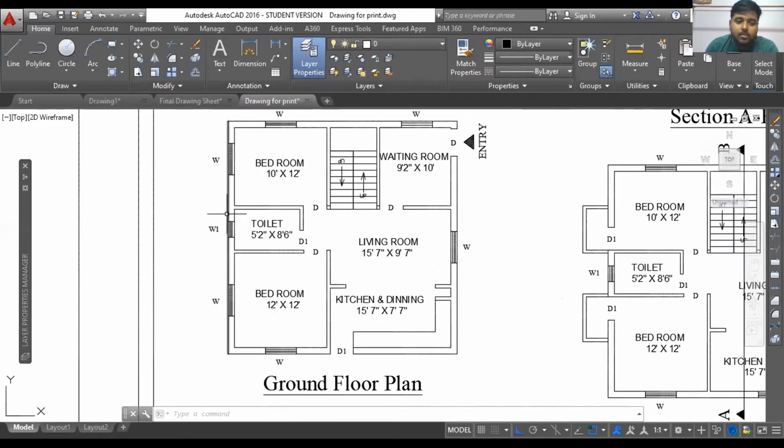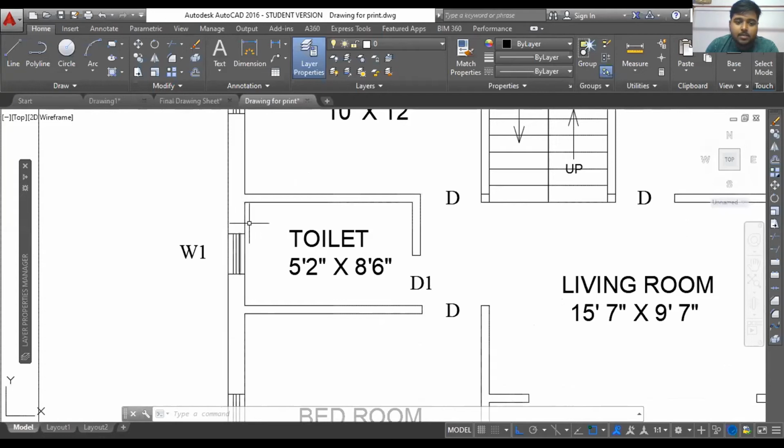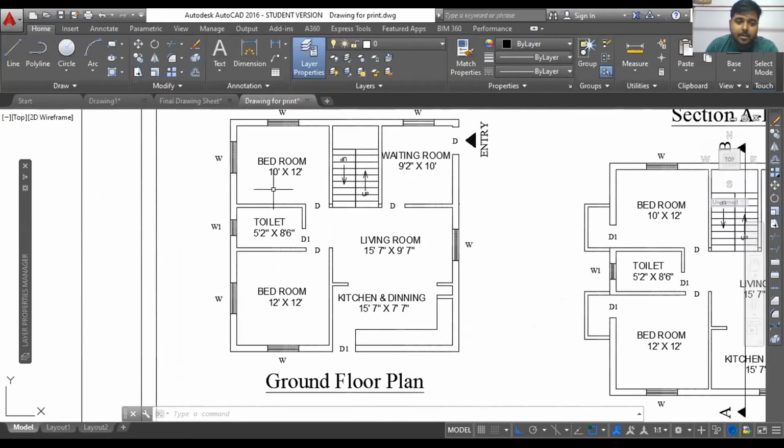That's why everything is exploded here. You can see each and every element of this drawing is separated. So basically, even if you don't start with different layers, after completion of your drawing, you can also add them to layers.